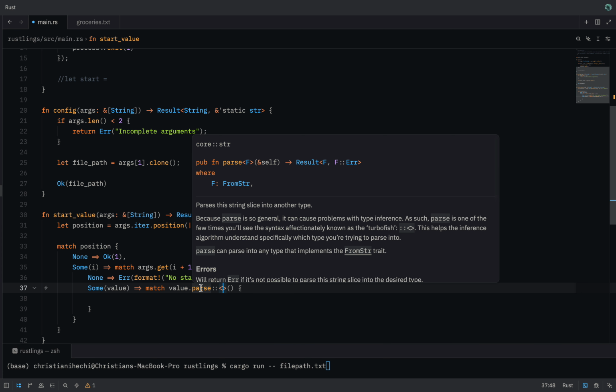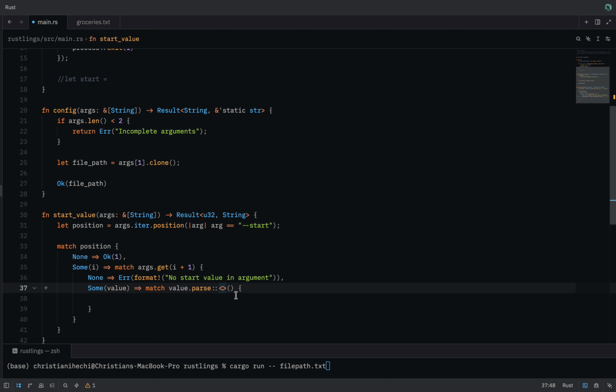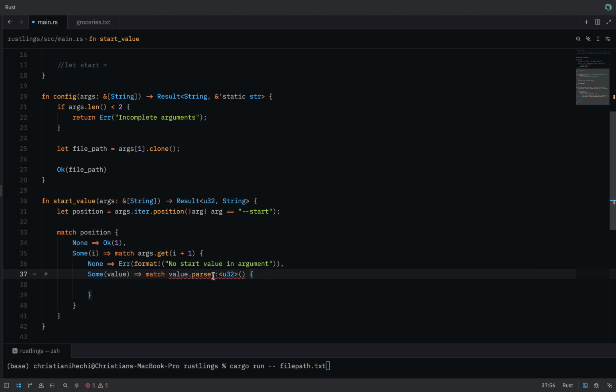I've forgotten, but there's a name for this, but yes, this is how it's done, one of the ways. So we try to parse value into a U32. Okay. So if we are able to parse the value after start to U32,